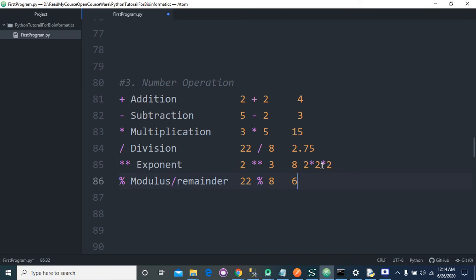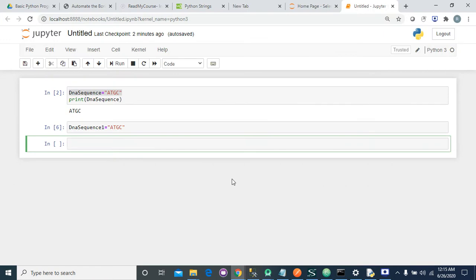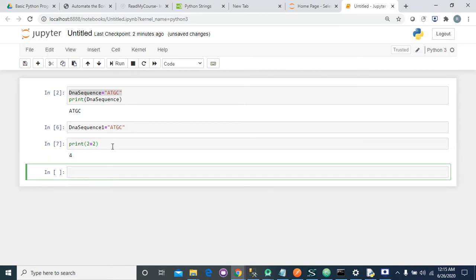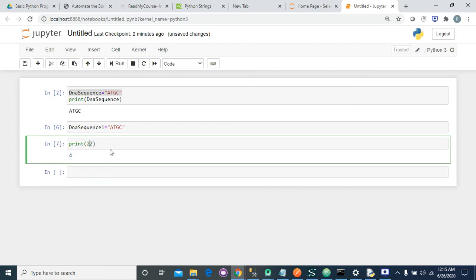Now I will give examples of number operations first. What should be the value? It should be 4. 2 divided by 2 gives 1.0; this will give the float result value.